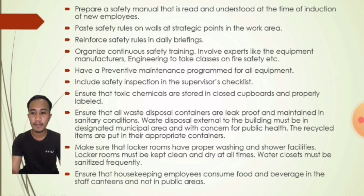employees. Place safety rules on walls at strategic points in the work area. Reinforce safety rules in daily briefings. Organize continuous safety trainings, involve experts like equipment manufacturers and engineering to take classes on fire safety, etc. Have a preventive maintenance program for all equipment. Include safety inspection in the supervisor's checklist. Ensure